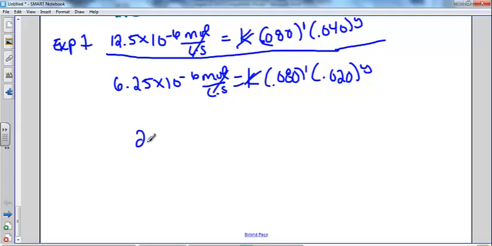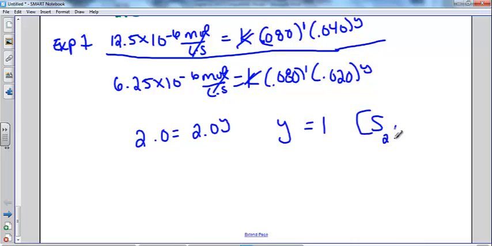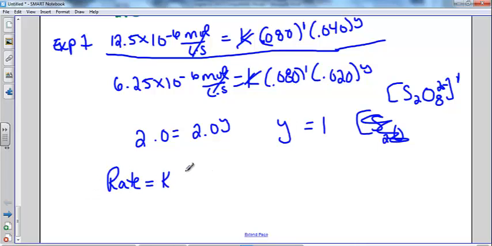Now if we divide these two numbers again, we get 2.0 is equal to 2.0 to the y. Remember, you're going to use logs. Most of the time we're going to see first or second order if we determine it this way, so it's not going to make the math too bad. So y is going to be equal to 1. So we also are going to have first order for our other ion, S2O8 2 minus, it's also first order. So the answer to the first part, the rate is going to be equal to K,